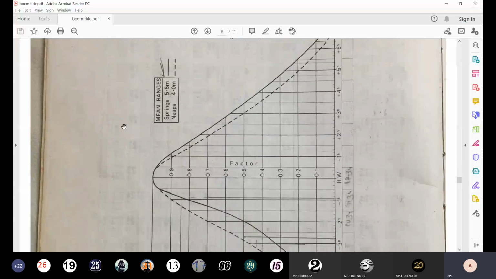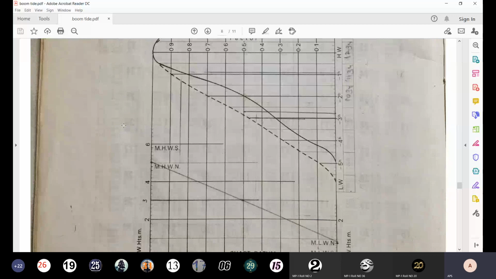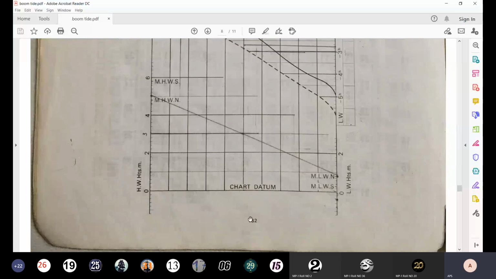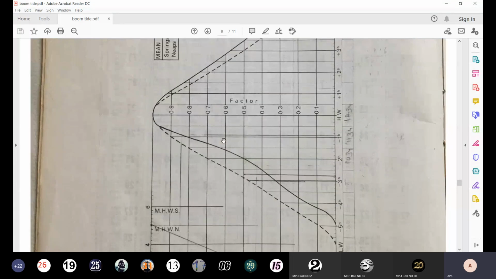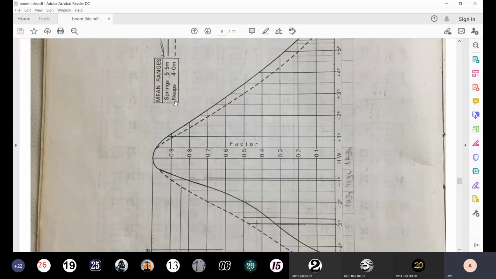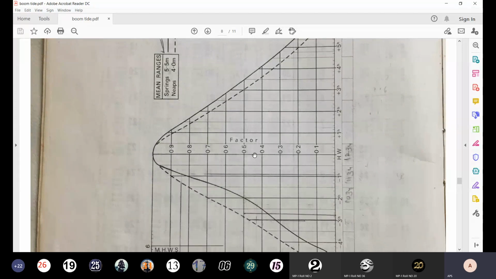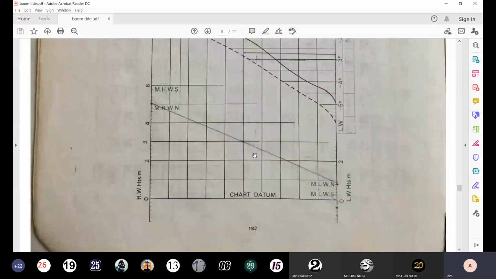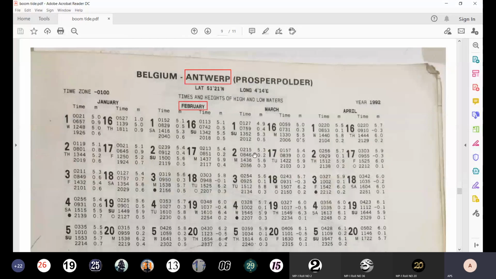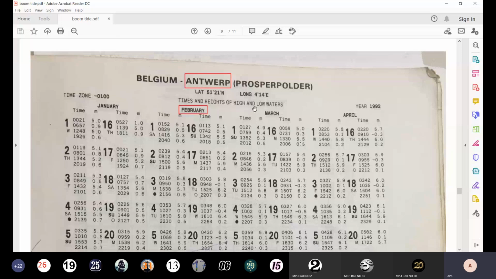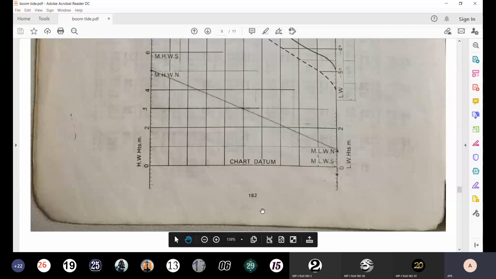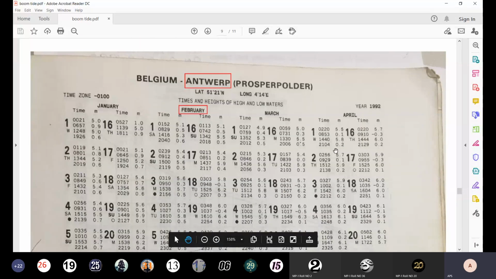So you will see on the left side range curve is given on page 182. Open page 182. On the left side you will find this diagram which is known as range curve because it is spring range, neap range, two curves. And on the right side you will find this data. So come to this page on the right side. This page was 182, so this should be 183. Come to this page 183, Antwerp,